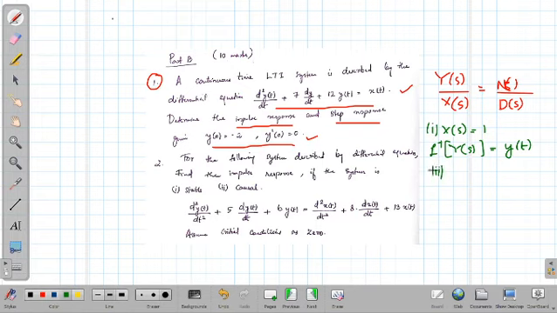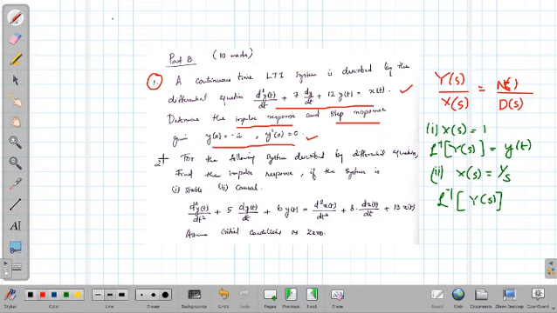So in order to find step response, you need to take X(s) as 1/s, which is the Laplace transform of unit step, and the same procedure repeats. But it is a little more involved to find the inverse Laplace transform. So you must be comfortable with finding the Laplace transform and inverse Laplace transform. So here also you find Y(s) and take the inverse Laplace transform to find the step response. So that is question 1.